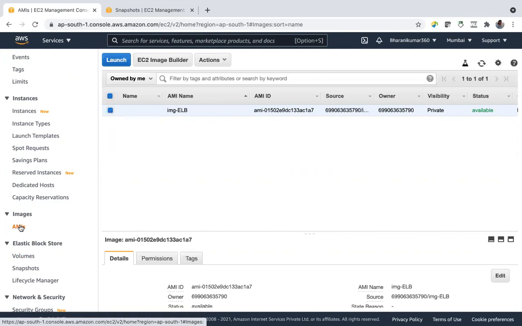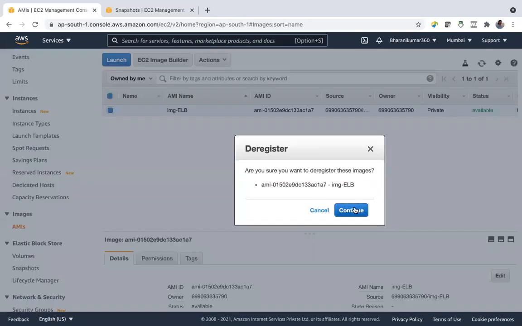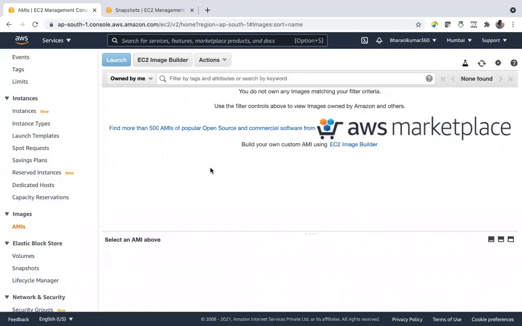So they have operating systems, customized operating systems with necessary applications and softwares installed in it, in some AMIs. And we also talked about different types of AMIs. You can create your own AMI also. Let me delete this AMI. You cannot delete your AMI. You deregister. I have deregistered my AMI.